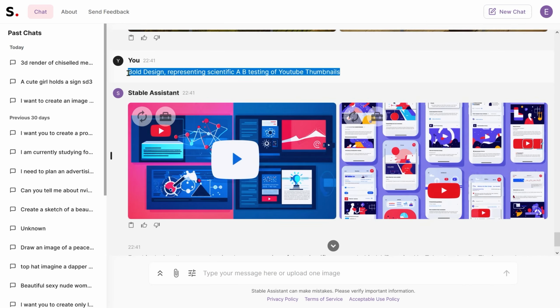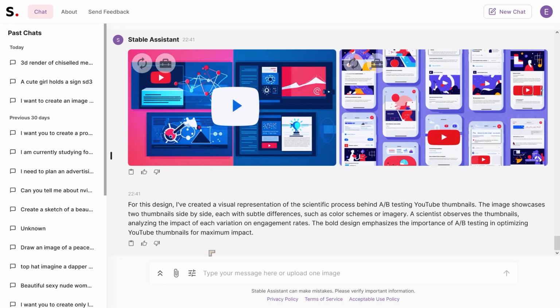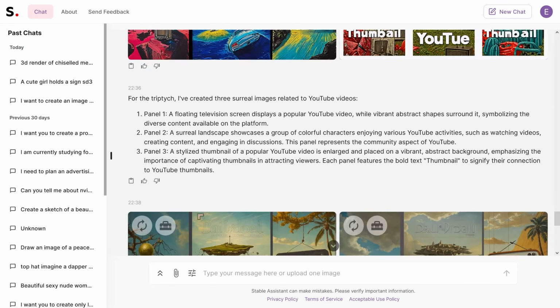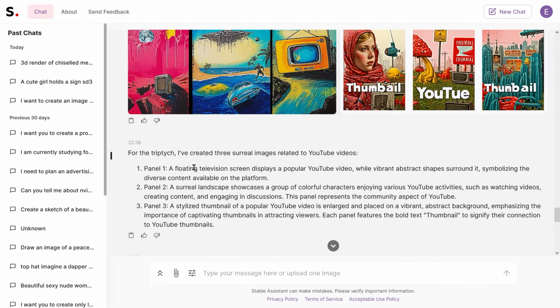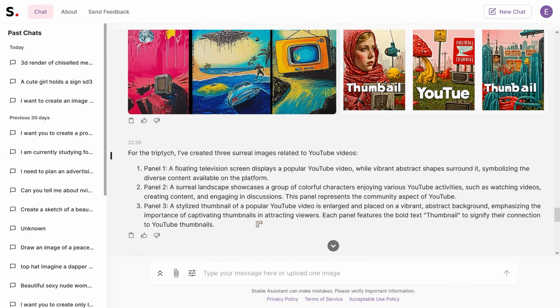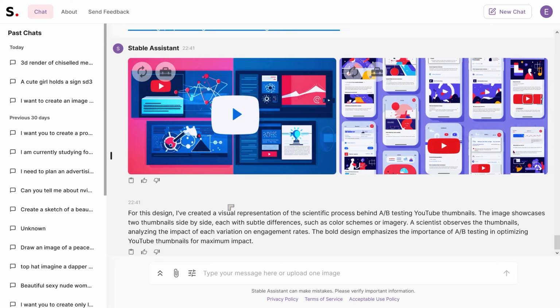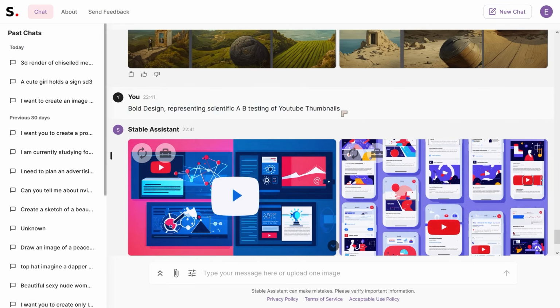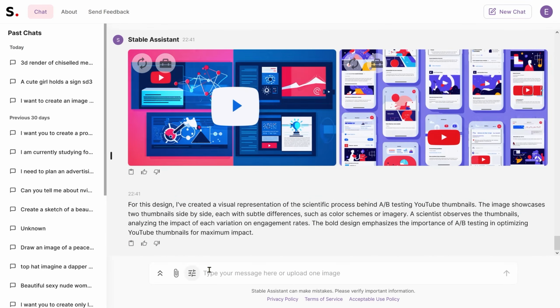Okay, that looks horrible. But at least it's got the mobile device. A lot of people use mobile devices for YouTube. And I like the little comments that it leaves sometimes. It gives an indication of what the panels were in each of these themes here. But when you are stuck for ideas, you can just give it a really plain instruction, just bold design representing scientific A/B testing. Let's go ahead and do that again, but this time we're going to put in photorealistic, anthropomorphic,